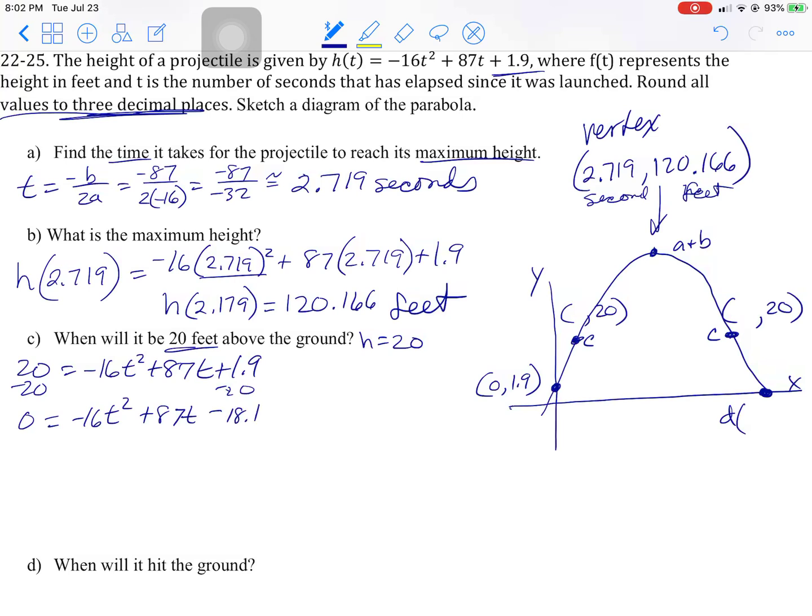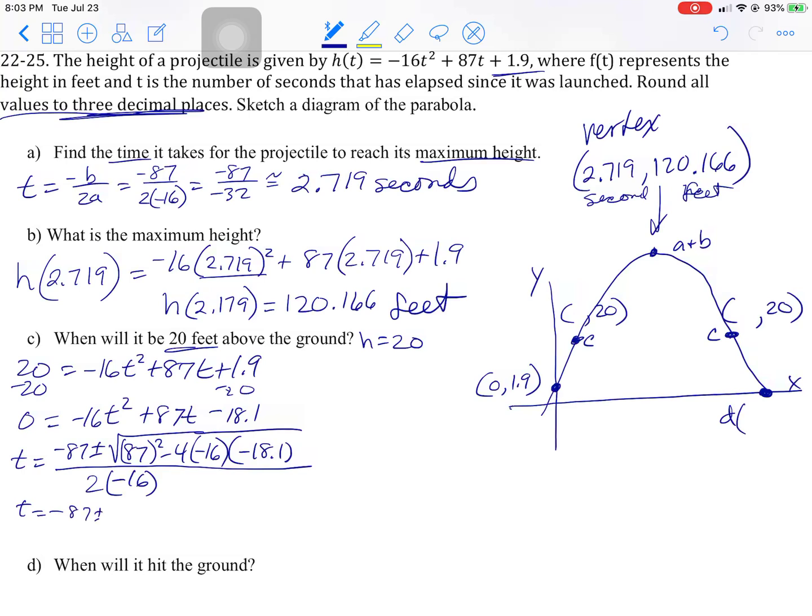Okay, so quadratic formula: negative 87, opposite b, over 2 times negative 16, with 87 squared minus 4 times negative 16, watch all your signs here. Lots of negatives. 3 negatives make a negative, plus a very big number over here, so it'll probably overcome that. All right, so t equals negative 87 plus or minus all of this,